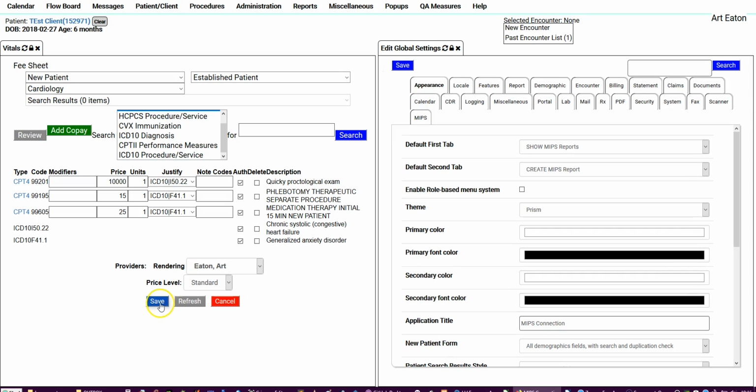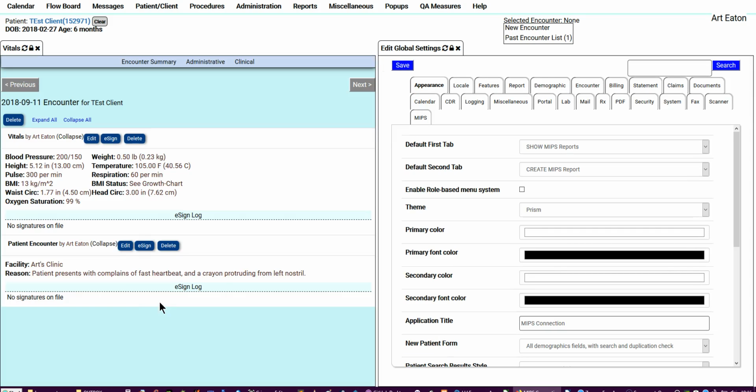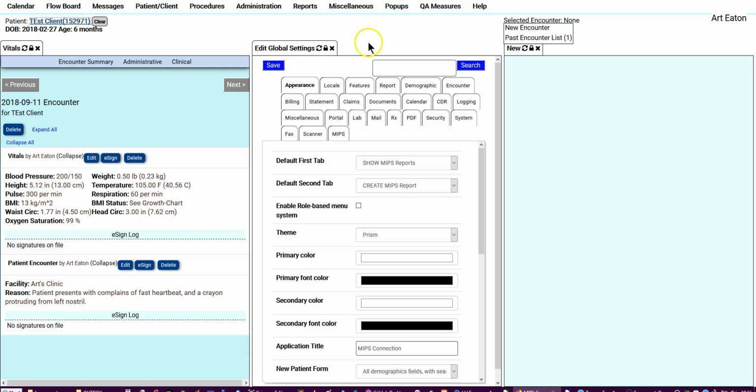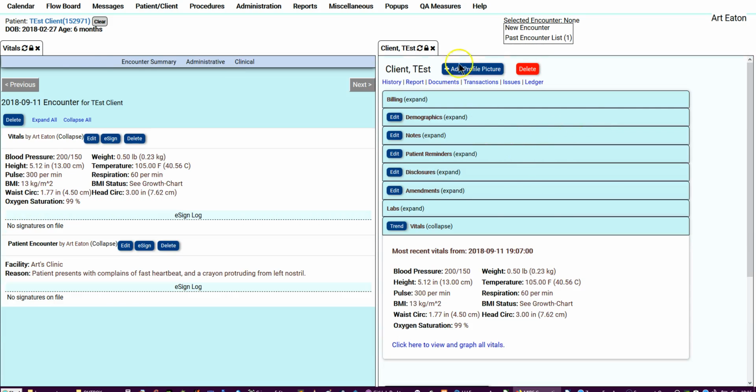All right, but here we are. We're all good with our fee sheet. I'm going to save it. Gosh, we got all that stuff. It has been billed. And how much does this patient owe? Well, let's check them out. This is the slowest server anywhere. Gosh, okay. Okay, so